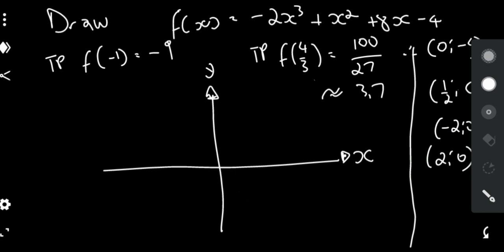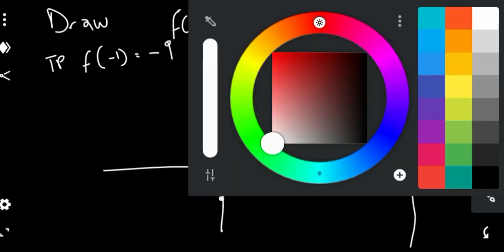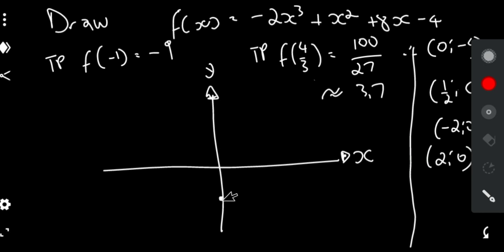Our y-intercept is (0, -4). Let me use a different color. Let me use red to plot. So our y-intercept is (0, -4),